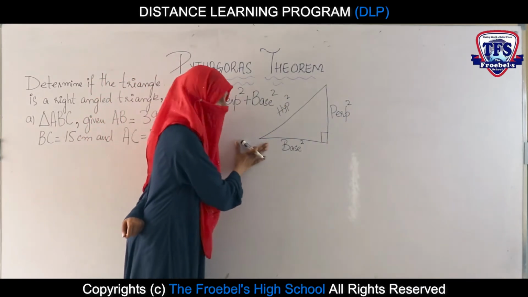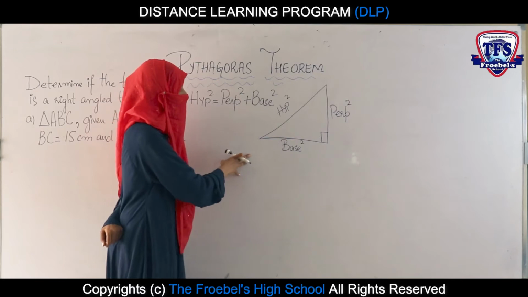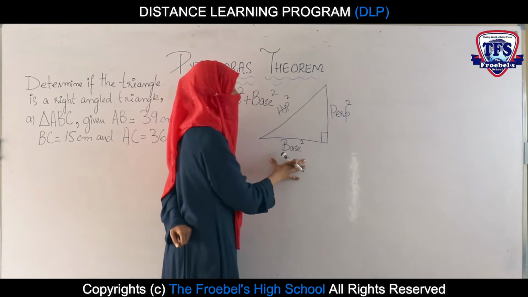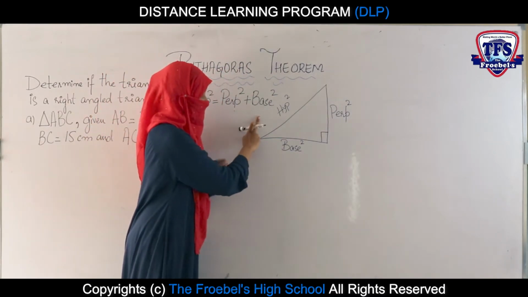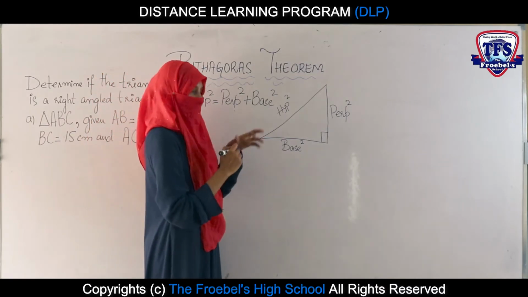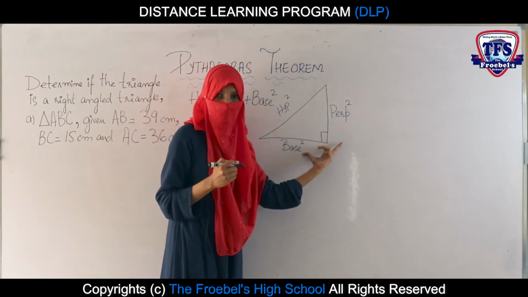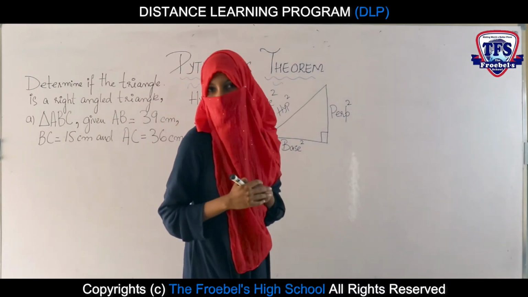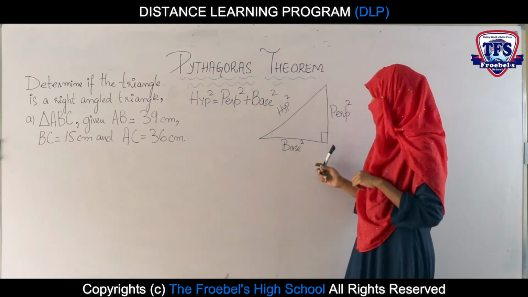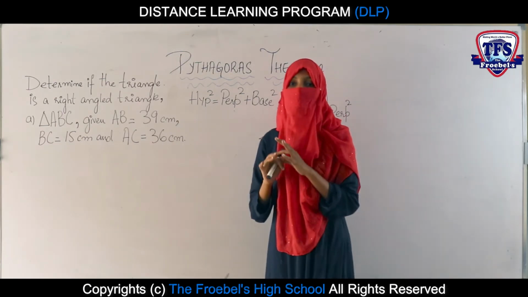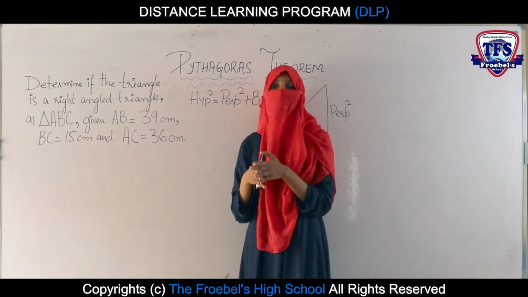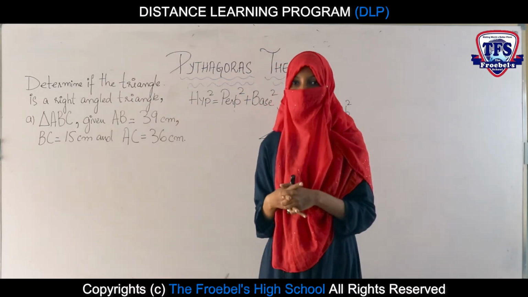We are given a right angle triangle and we find any missing side, be it the hypotenuse, the perpendicular, or the base, with the help of just this single formula. We just need to know which side is the hypotenuse, and the other two sides we consider as the perpendicular and the base. But in the converse of Pythagoras theorem, we are not provided with the right angle triangle like this. We are provided with the measurements of the three sides, and we need to tell whether the given triangle is a right angle triangle or not.